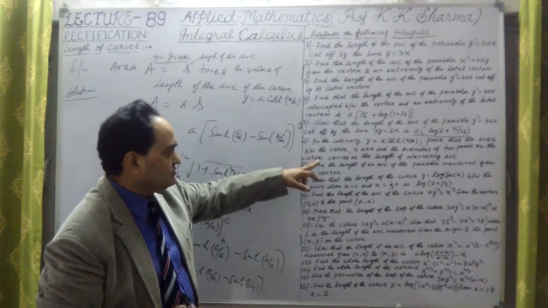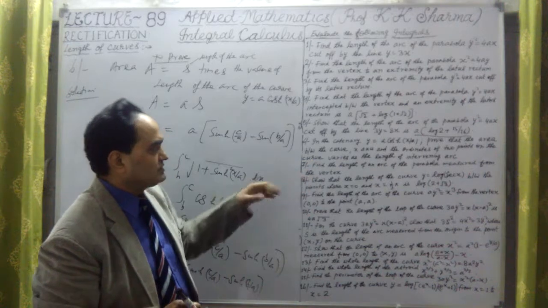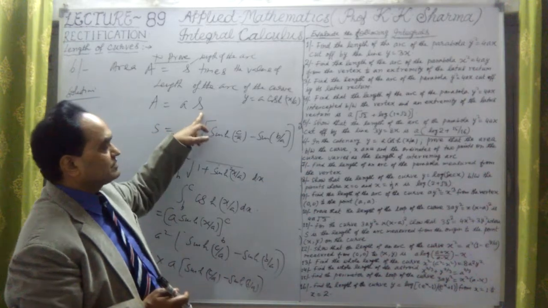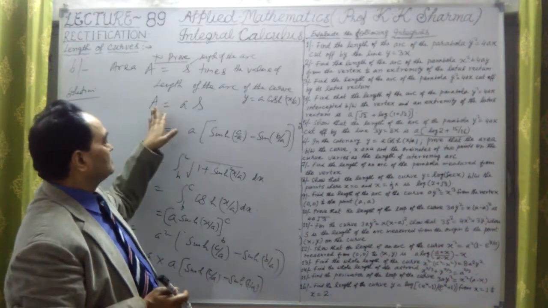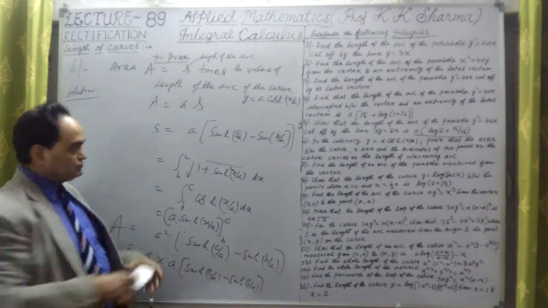Prove that the area between the curve, x-axis and the ordinates of 2 points on the curve varies as the length of its intervening arc. So this is the length of the arc. Area varies as the length of the arc. Okay. Hence it is proved. Hence area,